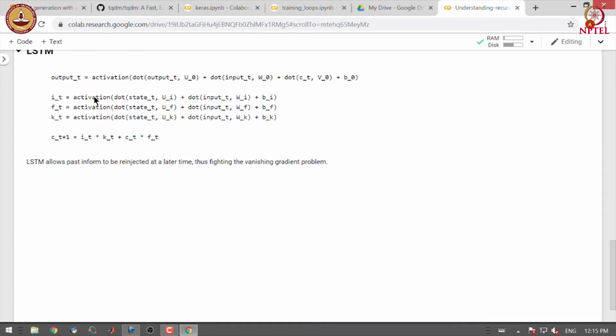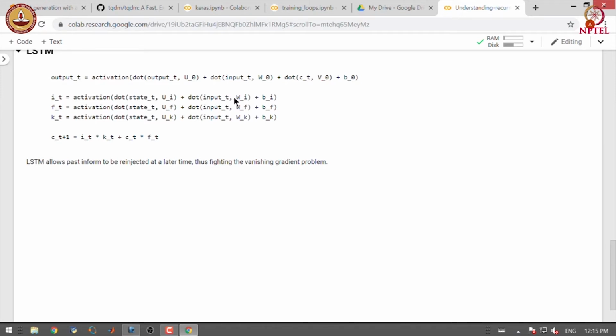In order to decide what to carry further, we define 3 different nonlinear activations on some dot products. So, we define the first output i_t, which sums up the output from the previous state or from previous timestamp and its feature vector.